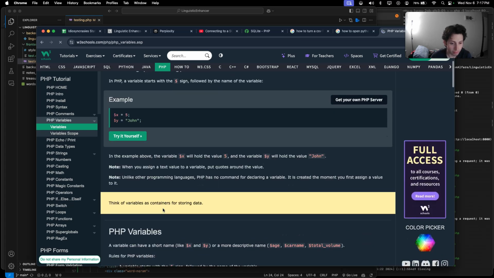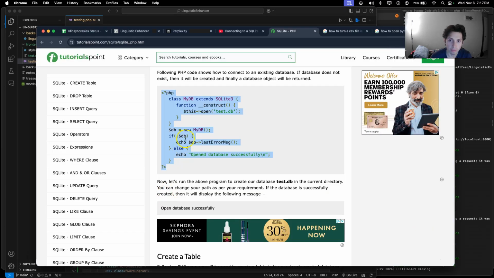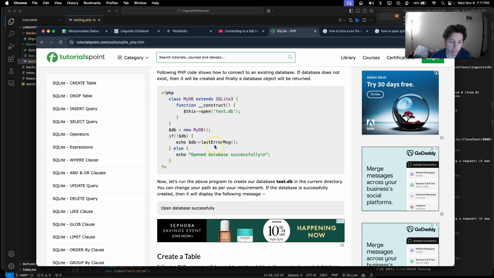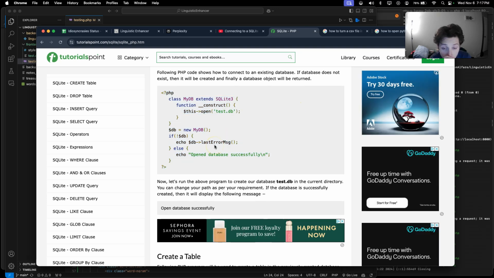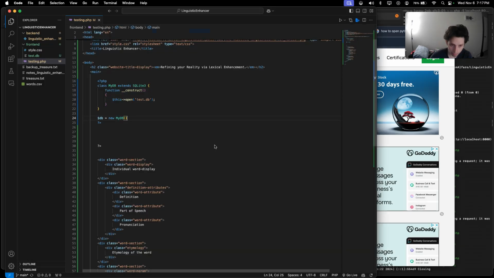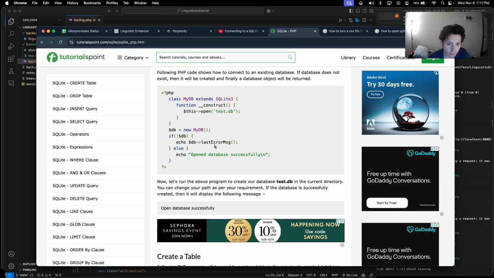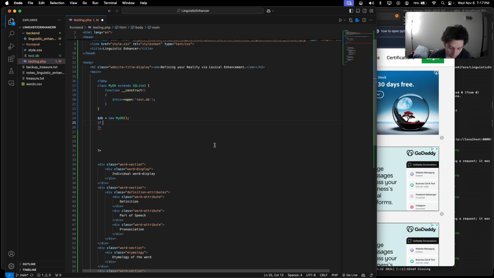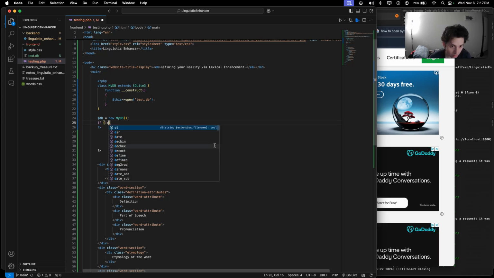Okay, I knew it. Class SQLite, this open. Okay, my db. Okay, if db